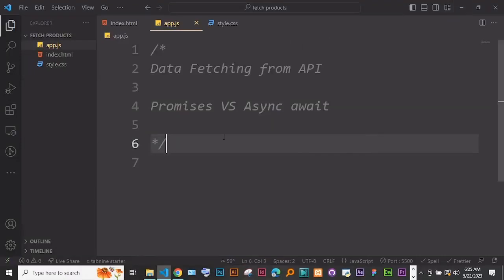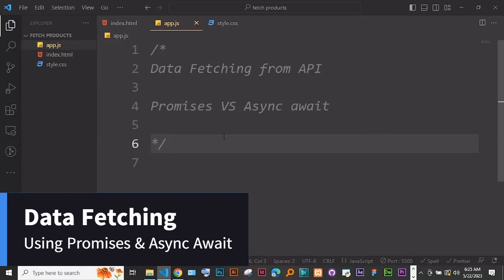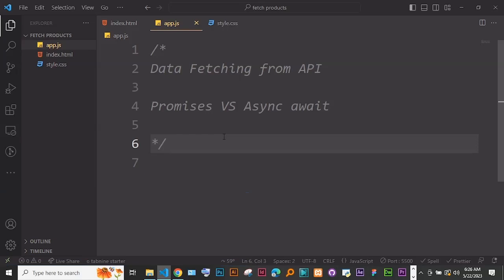In this video, we are going to look at data fetching from an API using promises and async-await. Promises and async-await are the two best methods JavaScript recommends while fetching data from an API. These two concepts are two ways of handling